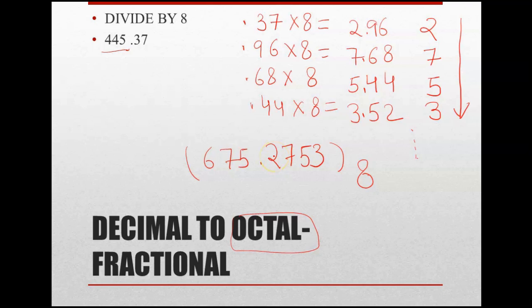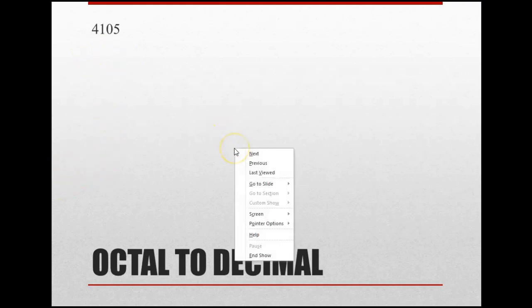So well, if you are not clear with the hexadecimal and octal numbers, please don't forget to check the previous part properly. Okay, now this time we are doing octal to decimal conversion. Octal to decimal, you remember when we converted binary to decimal, at that time we took 2 to the power this and that, but this time it is octal to decimal, so we will take 8 to the power. So this is 4105.